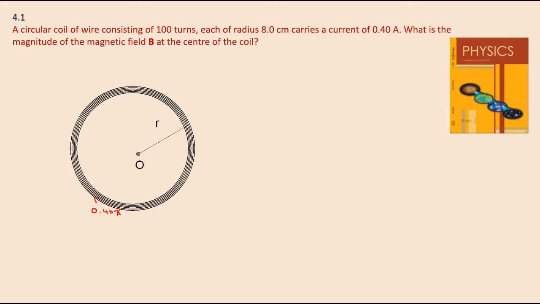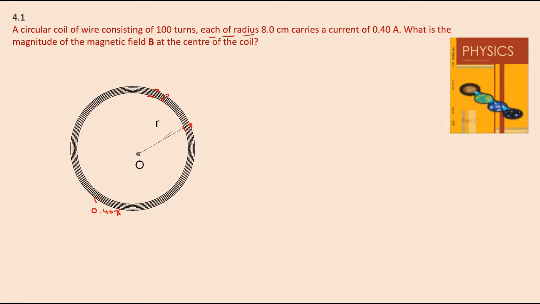But in the question it is given each turn of radius R. But here this is the inner circle, this is the outer circle arc. So of course one can neglect this. The diagram itself is not necessary. Simply you can apply the formula mu naught Ni by 2R, substitute the value, solve. Anyhow, let's probe into this problem. You can neglect this because there is a variation in radius all the way from here to here. But we can neglect and proceed.